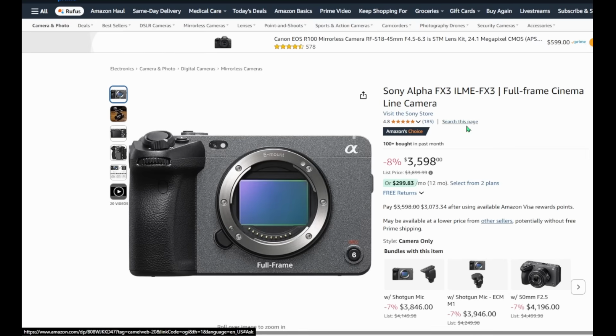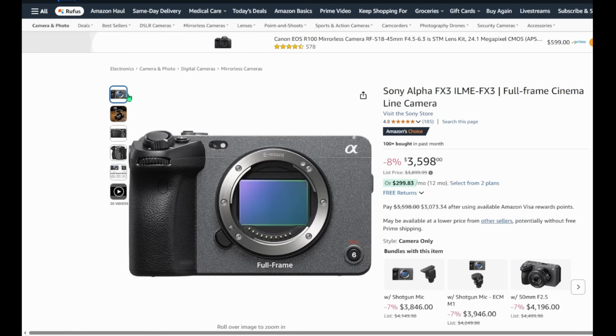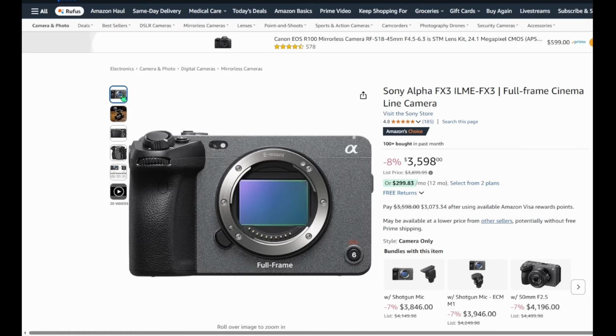Then we have these deals on cameras, which actually were more discounted than I've seen before. And here we have the Sony Alpha FX3 full frame cinema line camera from Sony. Now this, if anybody cares to know, is probably one of the more social media content creator cameras and a lot of other things as well. One of the more popular cameras, and very few times is this discounted, but it's down 8%. So a few $100s from its original price of $3,900. They haven't come out with a new camera, so maybe they're going to come out with one, but even then cameras tend not to go down in price too much. So this is surprising to see 8% off down to its lowest price of